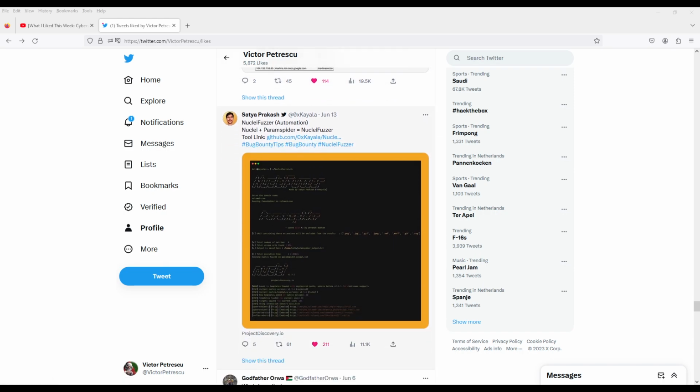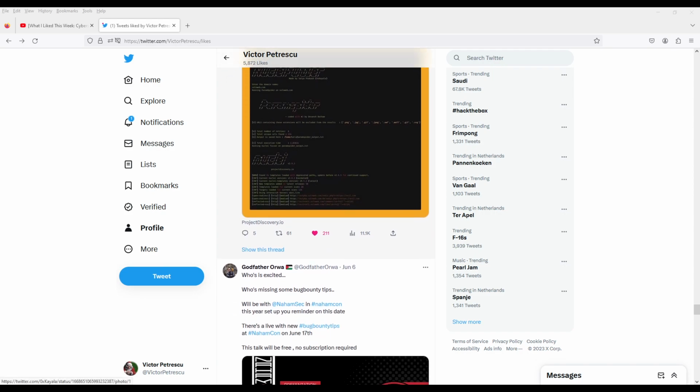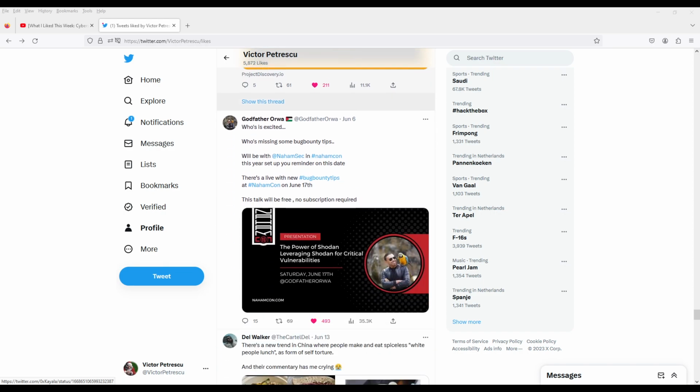Here is a merge between Nuclei and ParamSpider, doing something called Nuclei Fuzzer. It works okay, but you need to take them one target at a time. It's not my cup of tea. I'm using both tools, but in larger infrastructure type of deployment, so with multiple droplets and multiple VMs. All right, then